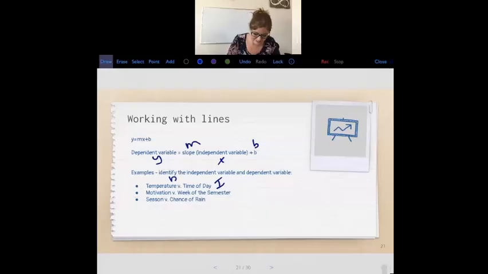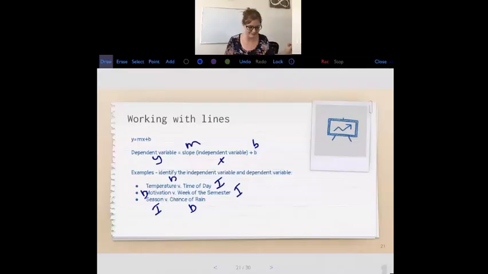Motivation versus week of the semester. So usually your motivation depends on how far in the semester we are. So your week of the semester would be independent, motivation would be dependent. Season versus chance of rain. What depends on what? Our season is our independent variable and our chance of rain depends on that. Okay, so that's just some practice, and as you'll see in the mini project, that'll come in handy with the